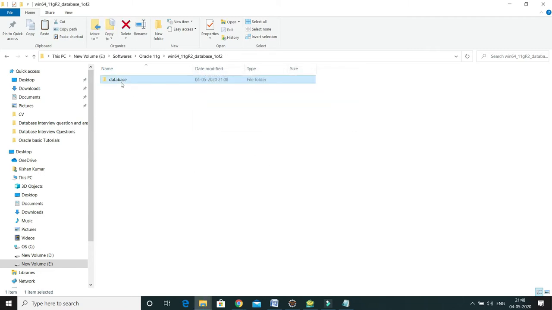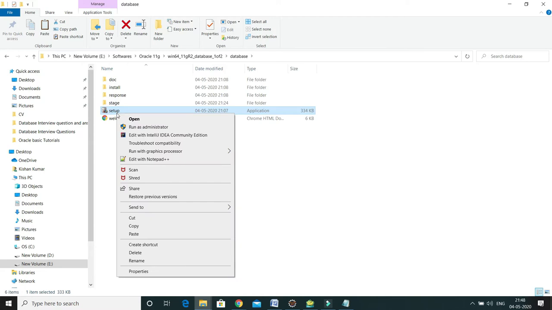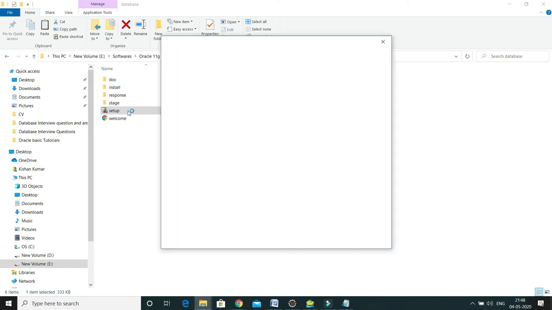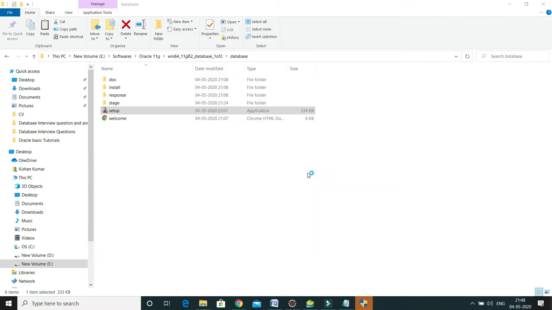Once you are done, go inside the database, and here is the setup file. Right click on the setup file, and select run as administrator. Click on this. Now I'm going to choose install anyway. Now this is asking me to install.